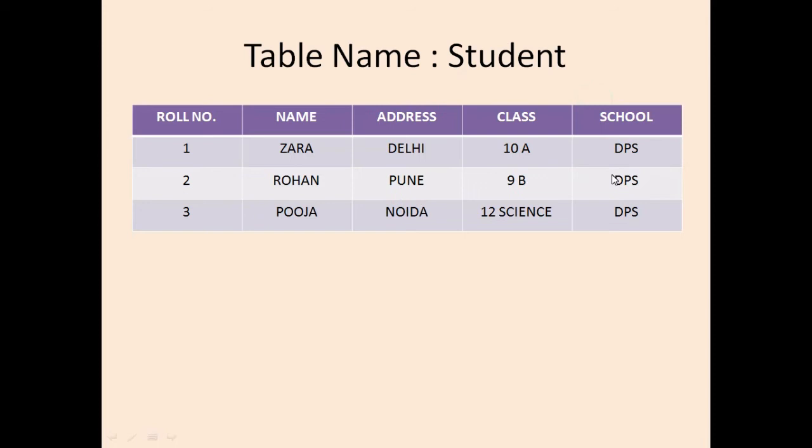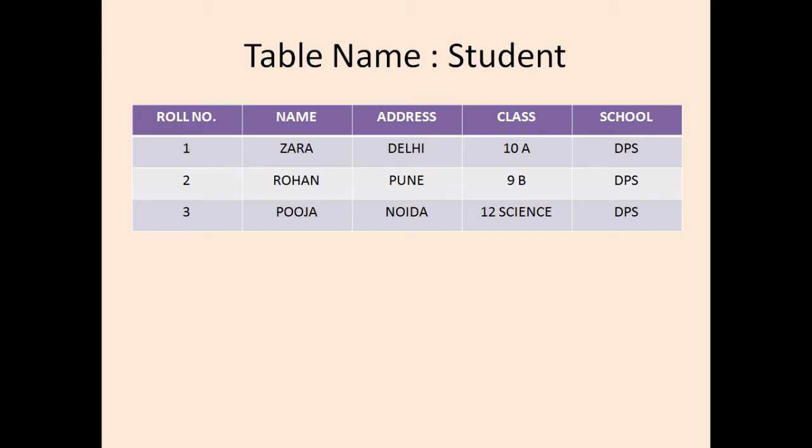So next we move to the next concept, that is composite key. As you can see, we have taken the same table as earlier with a slight change. In place of admission number, we have taken roll number. If we see very carefully, no column in the table can give me unique values in the row. Neither roll number, nor name, address, class and school. Name, address, class and school we have learnt in the previous slide. Why is roll number not capable?